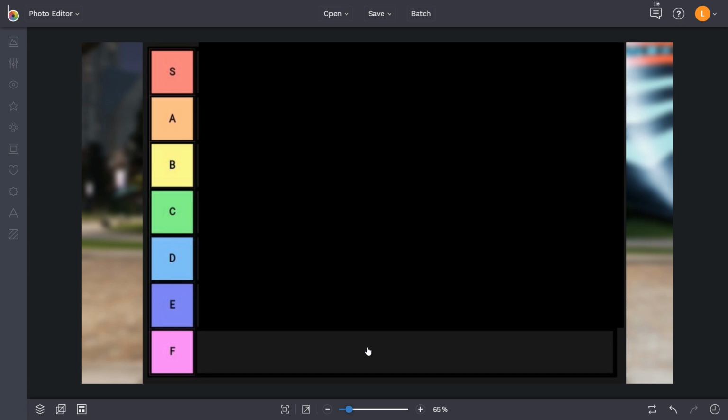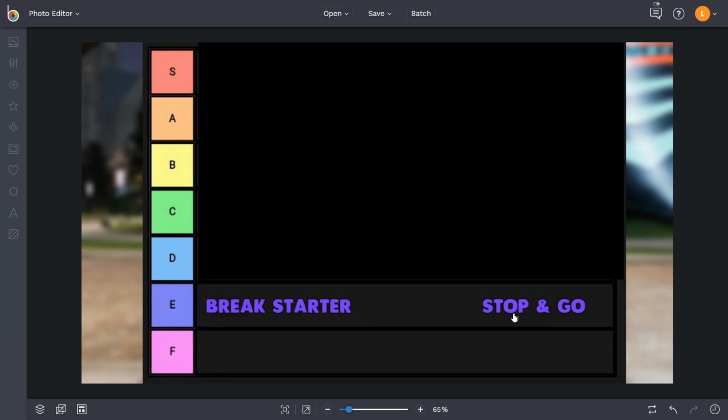So with these tier lists, in the F tier I typically put badges that are 100% useless, would never run in any situation, and I don't feel like that's the case with any playmaking badges. I feel like it's super good at the top, and then also it's very good from the C, D, and E tier as well. However, with all of that said, stop and go is something that I personally would put in the F tier,